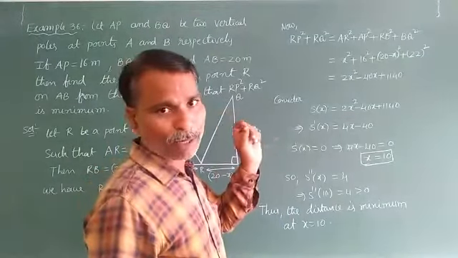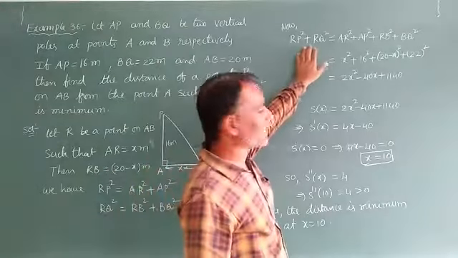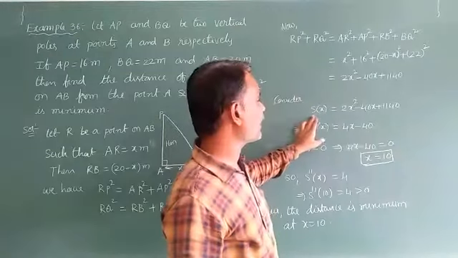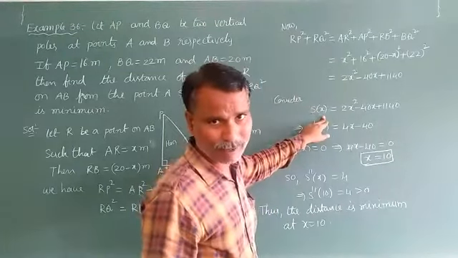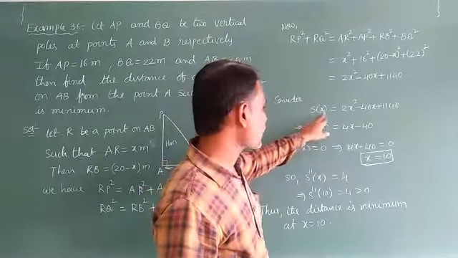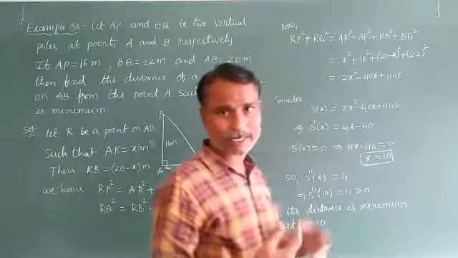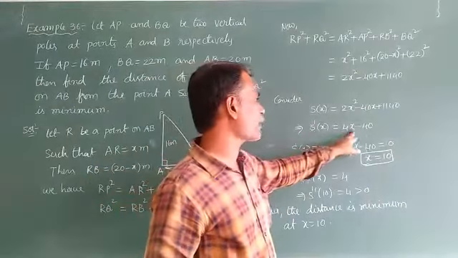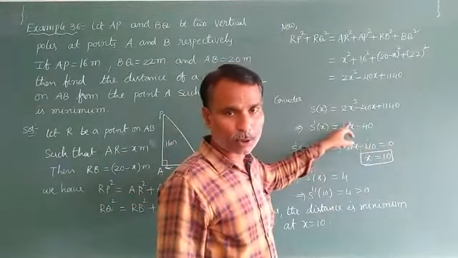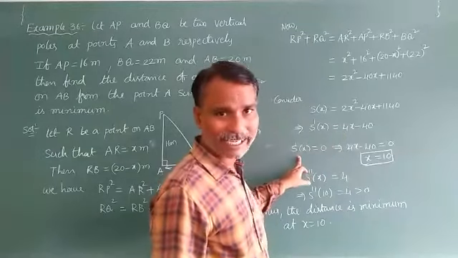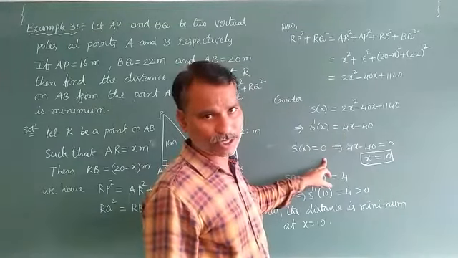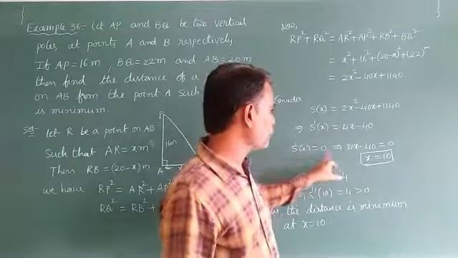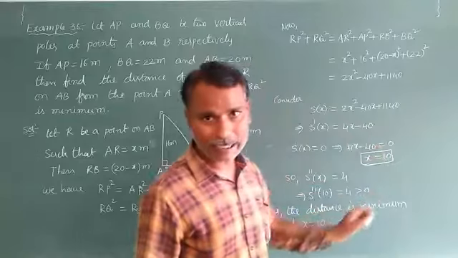It is a sum of two squares, so I wrote S of x. Otherwise, you can use f of x also, nothing will happen. S of x means our action is going to take the first derivative. The first derivative of the function is 4x minus 40. After that, set the first derivative equal to 0. By taking this condition, we get the x value, that means the critical point.